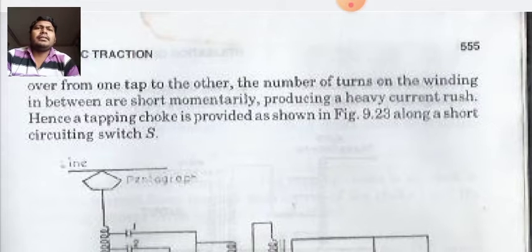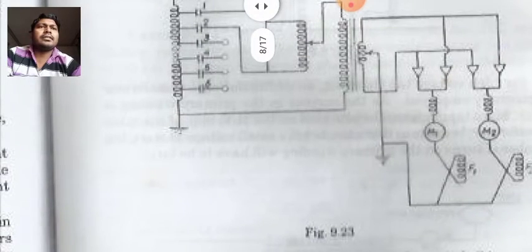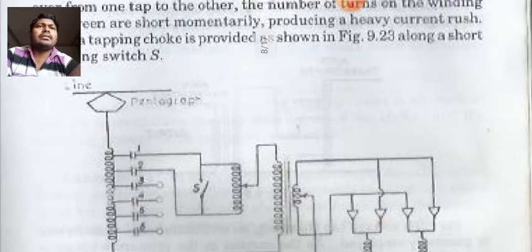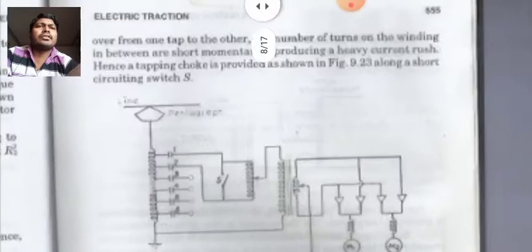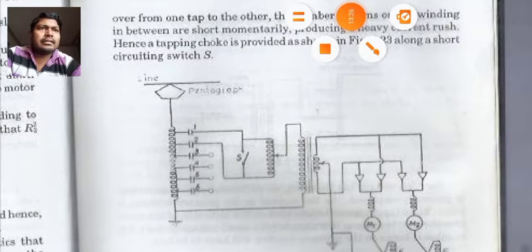Hence, a tapping choke is provided as shown in the figure, along with a short circuiting switch S. So now students, if this tap changing is done at any moment we wish, then there will be a momentary short circuit position. For that reason there is a switch S